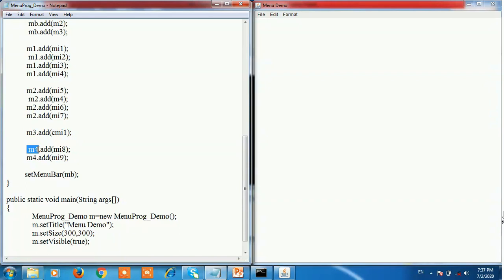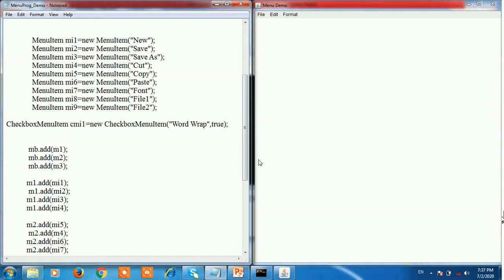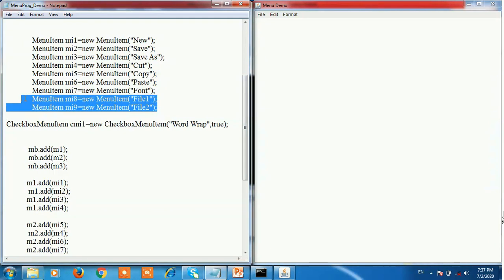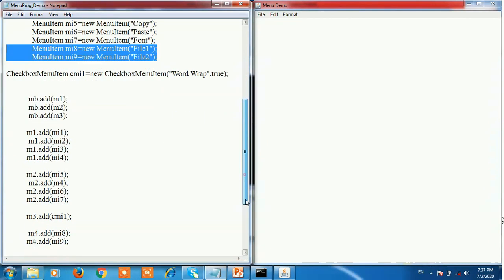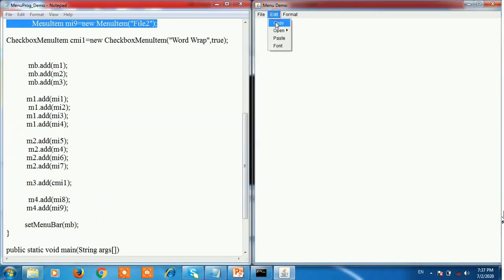The title of menu 4 is Open. m4.add(mi8); mi8 and mi9 menu items are File 1 and File 2. So these menu items are added into the menu, that is the Open menu. So in Edit, when we click on Open, we have two options, File 1 and File 2. This is nothing but the nesting of menu.